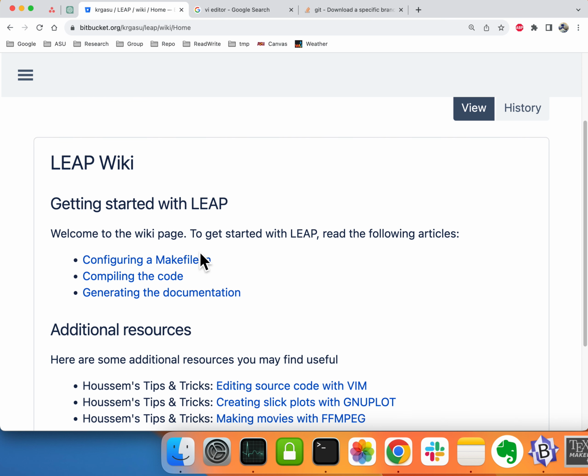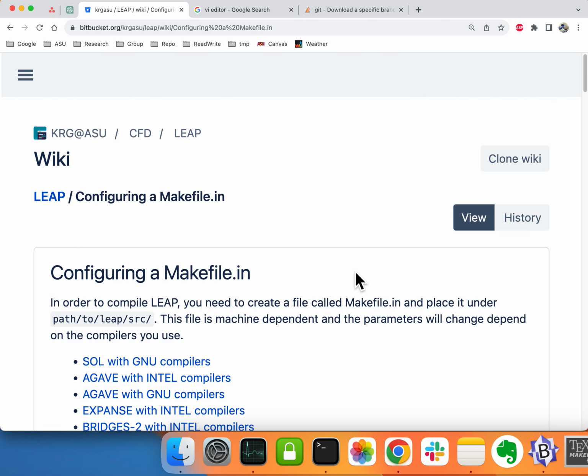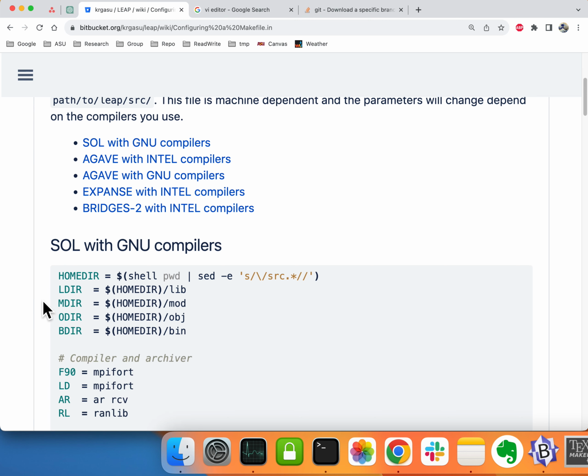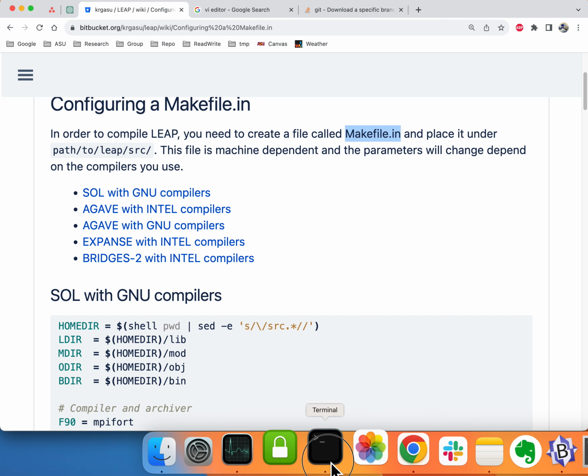The first thing I want to do is configuring a makefile.in. This is the input file for the program called make. So how do I configure? There's an instruction about how to configure this makefile in the Sol cluster. The thing you need to do is to create this file called makefile.in. Let's copy this thing, and